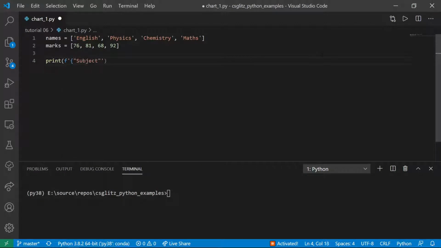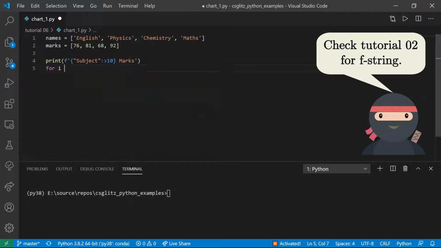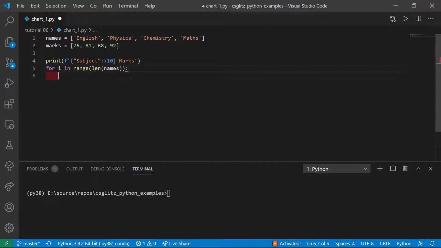We are printing the subject right aligned. We can also iterate the list using index.